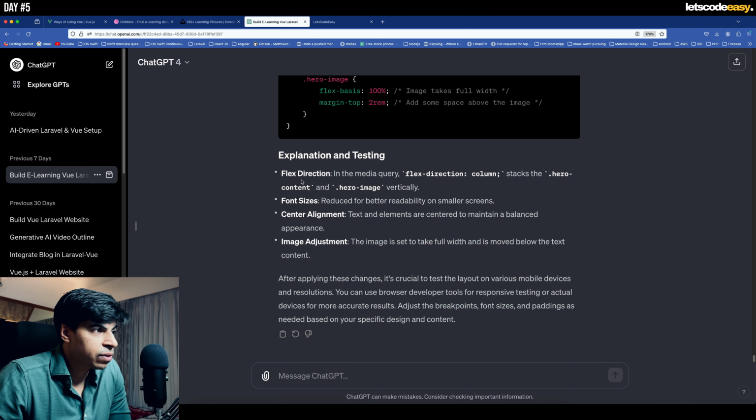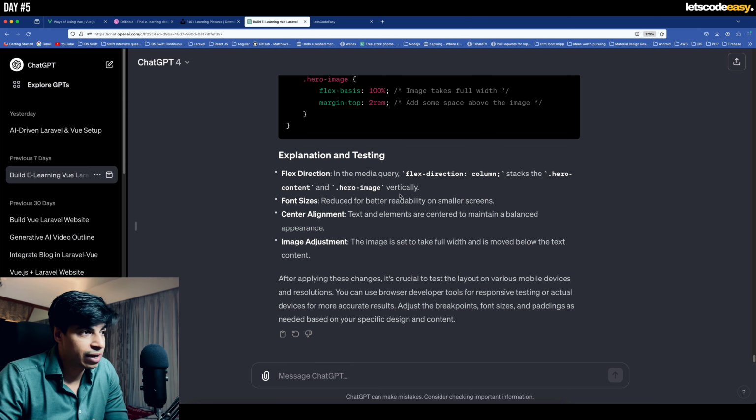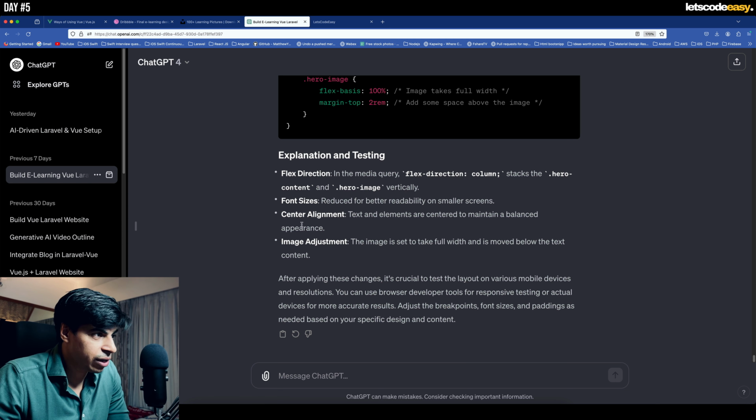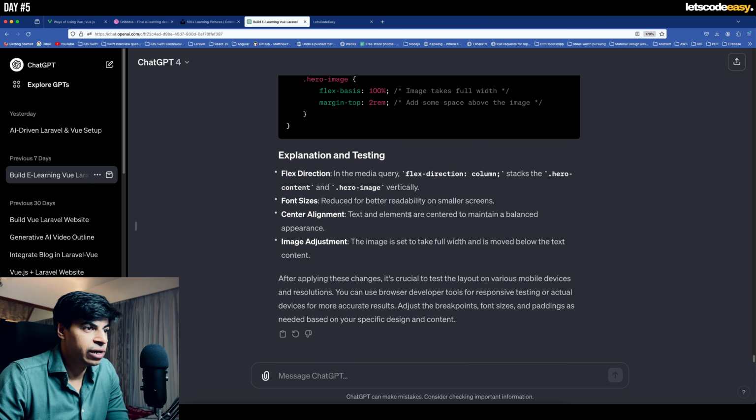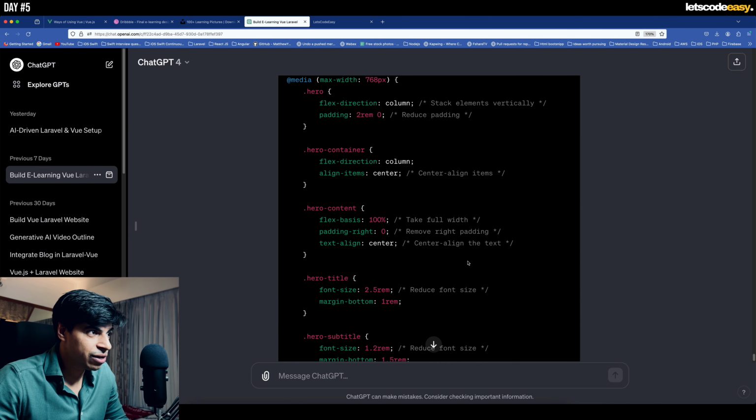Explanation and testing: in the media query, flex-direction column stacks the hero section content and hero image vertically, which is good. That is what we wanted. Font size reduces for better readability on smaller screens. Very good. Center alignment: text and elements are centered to maintain a balanced appearance. Image adjustment: the image is set to take full width and is moved below the text content. Absolutely. This time I'm hoping it has generated the right code which we need,